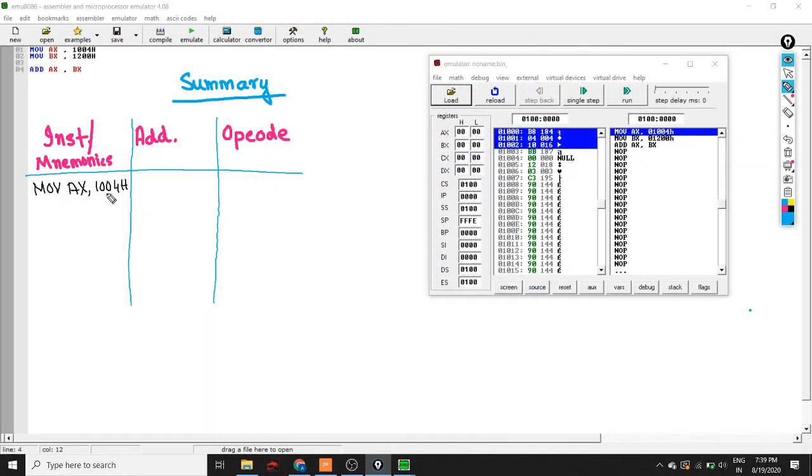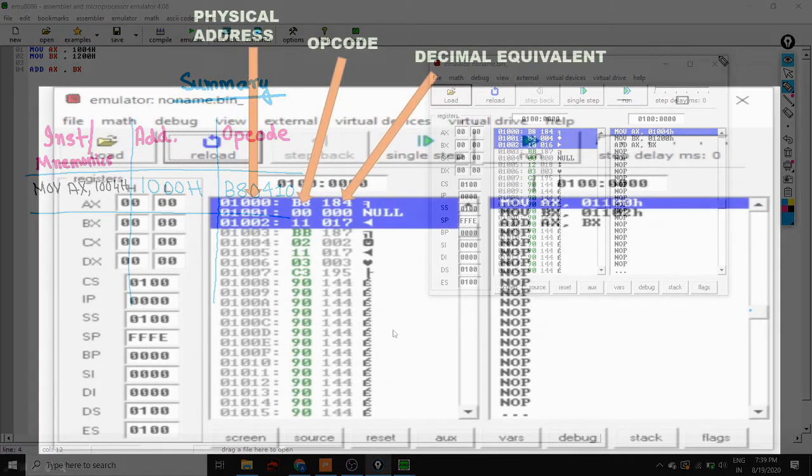To summarize, for our first instruction, the address is 1000. So the address starts from 1000H. This is our physical address, and the opcode for our first instruction is B8, which is this one, 04, which is the second column, and 10, which is the third column. Similarly, for the next instruction also, you can find all these three things. So please try them out.